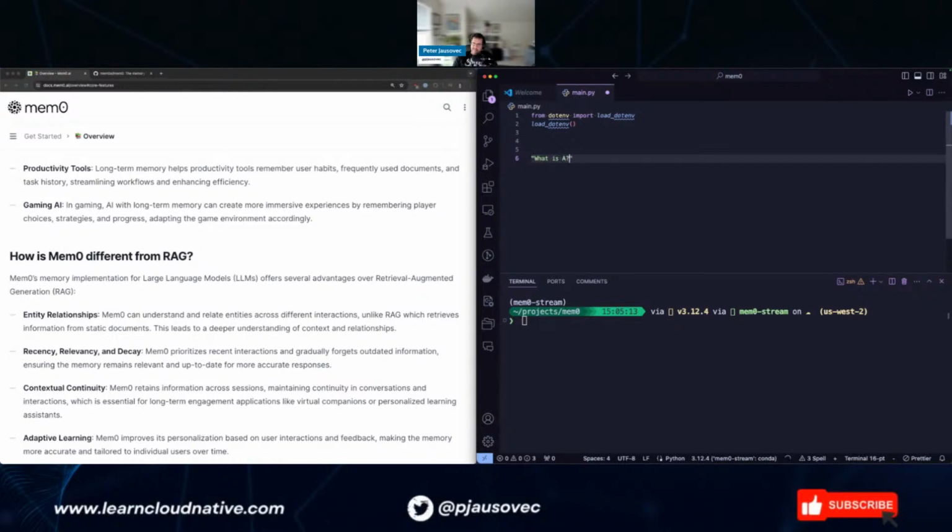Let's say the query is, what is A? And then you would get back an answer that says A is ABC. But I know that A is ABC, but can also be XYZ. So this is the extra information that the LLM doesn't necessarily know about from its training. So this would be your prompt, the initial prompt, and this is the initial answer.